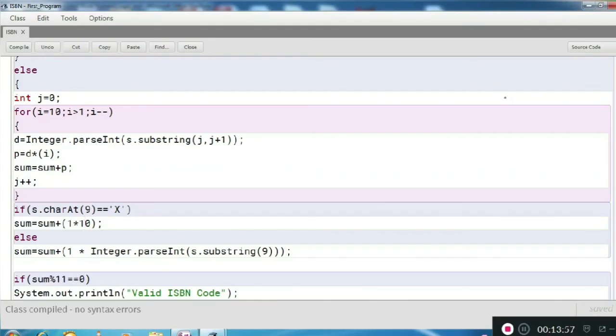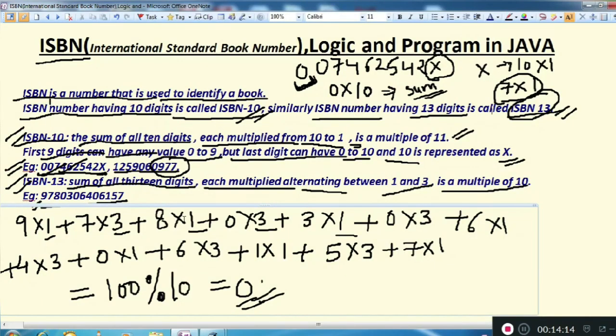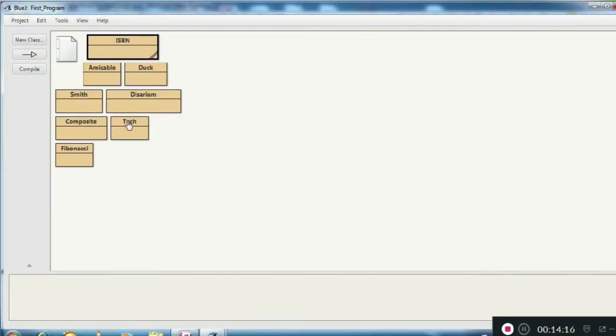So this is how we have created our program, and at last we will check whether the sum, if we take modulo of that sum by 11, if it is 0, then it is a valid ISBN code, otherwise an invalid ISBN code. So let's run this.